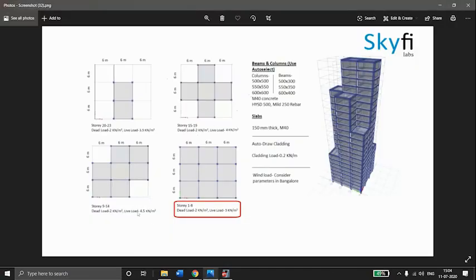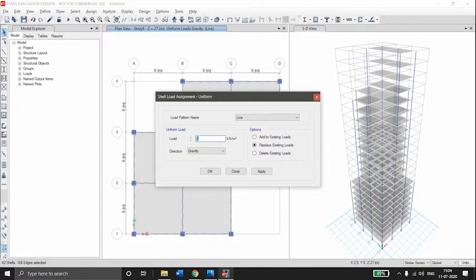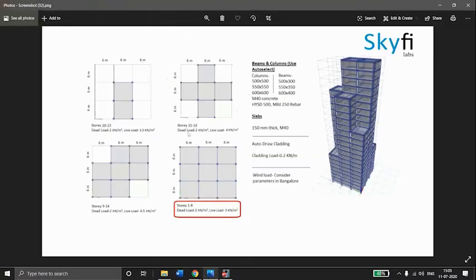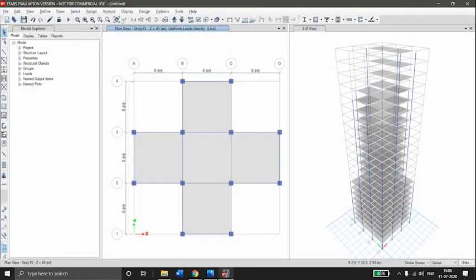Live load for those slabs are 4.5. So 4.5, apply, OK. Go to story 15. For story 15 to 19, the load is 4 kilonewton per meter square.